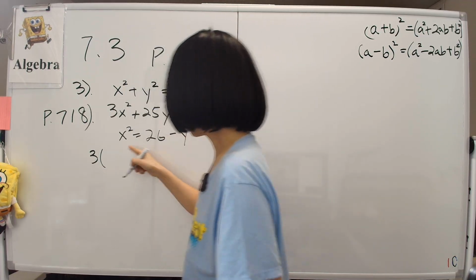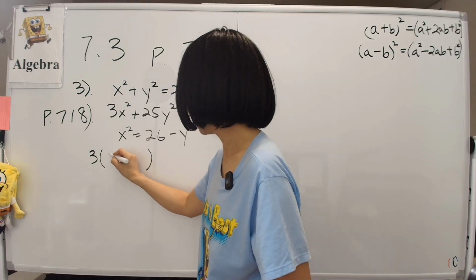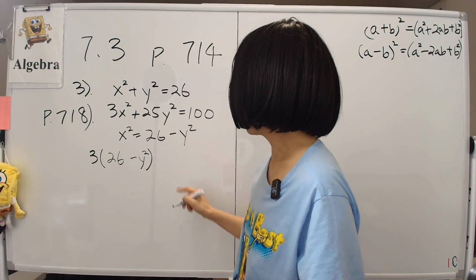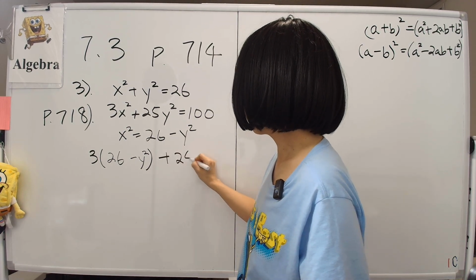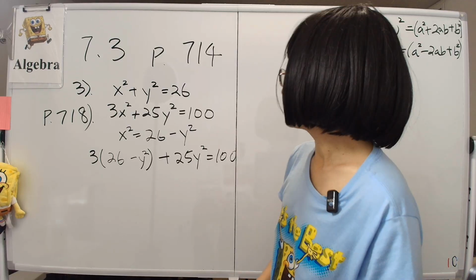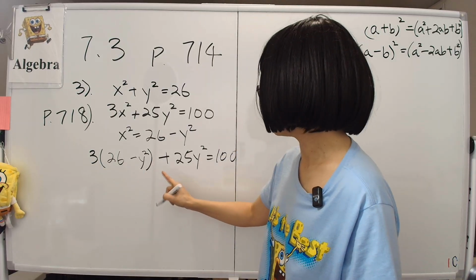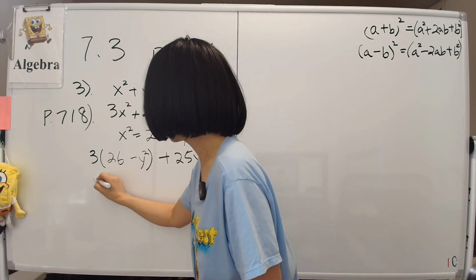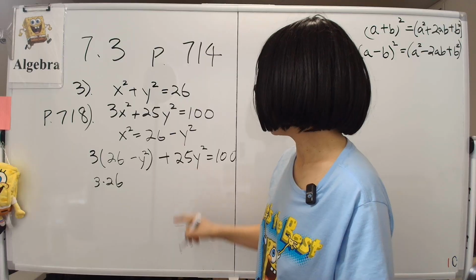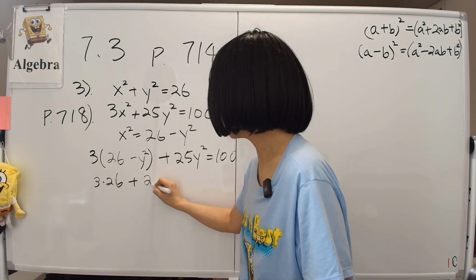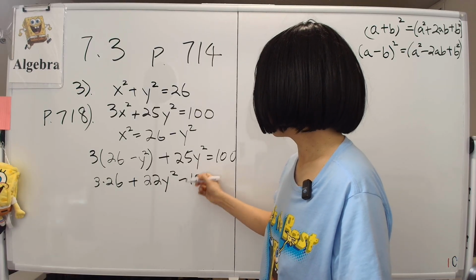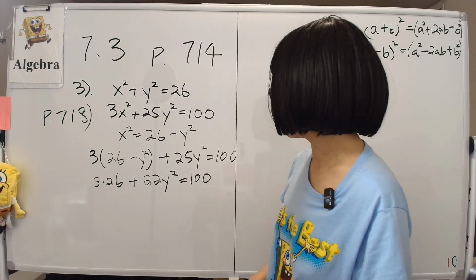So x squared is 26 minus y squared. That's it, 26 minus y squared. Okay, 3 times this thing, plus 25y squared, that equals 100. All right, so then we have a total of 3 times 26 minus 3y squared plus 25, that's plus 22y squared, okay? Then minus 100. Actually, we don't have to do minus 100. Equals 100. And so then,